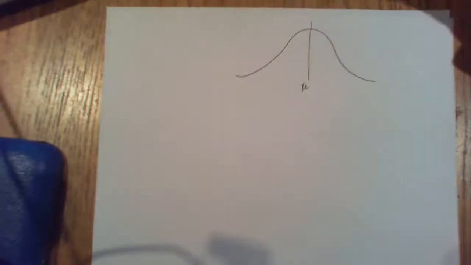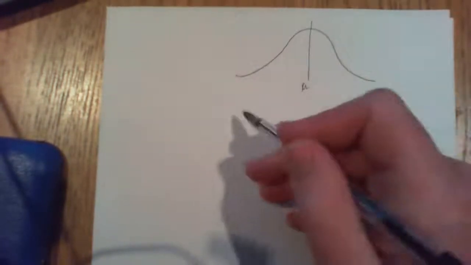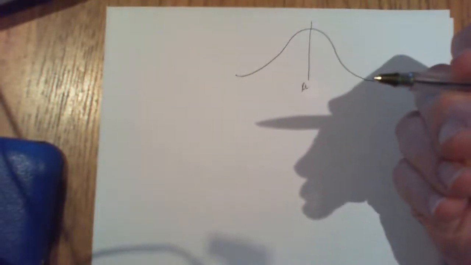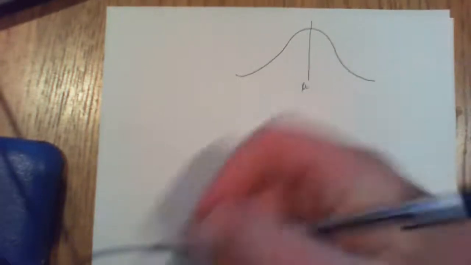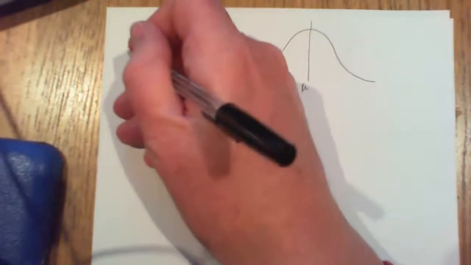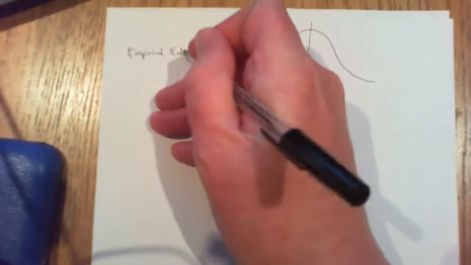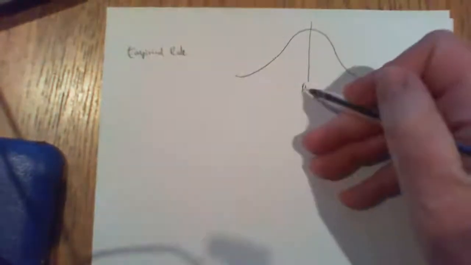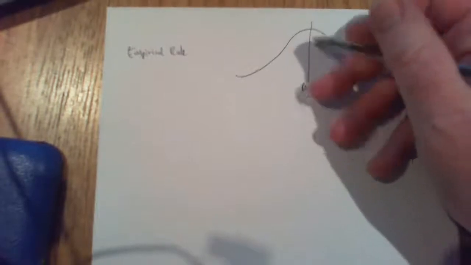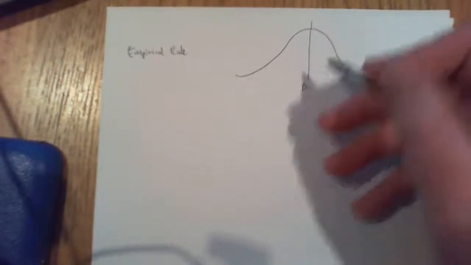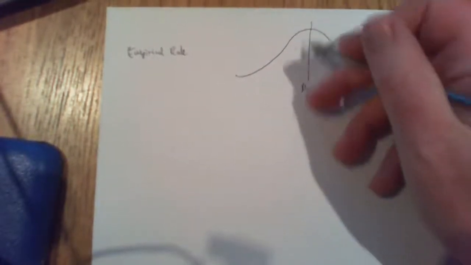Because it allows us to infer a couple of things about it. Mainly, and this is the main thing, it allows us to employ what's called the empirical rule. And the empirical rule basically states that for any given normally distributed population, where the mu, or mean, lies along the middle point,